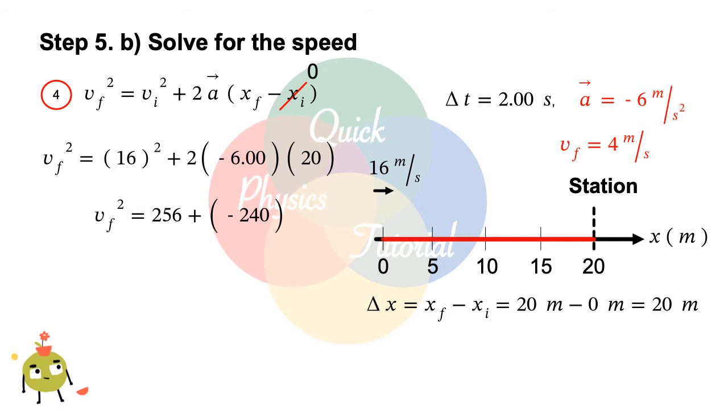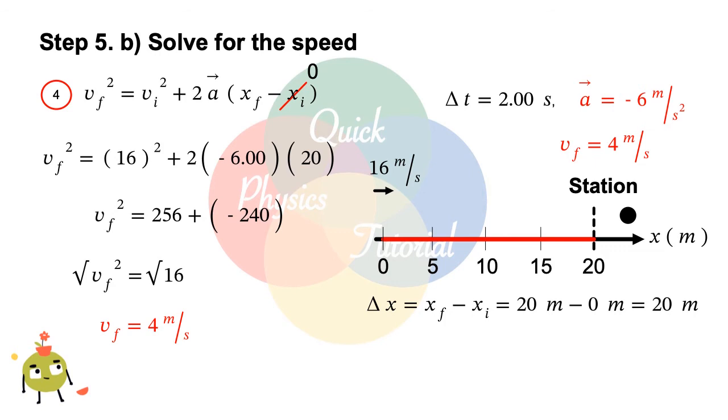Simplifying the equation, we get Vf squared equal to 16. Getting its square root, the final speed is equal to 4 meters per second. So either we use equation 1 or equation 4, the final speed of the train at 2 seconds is 4